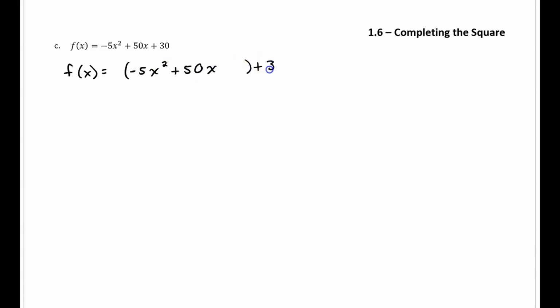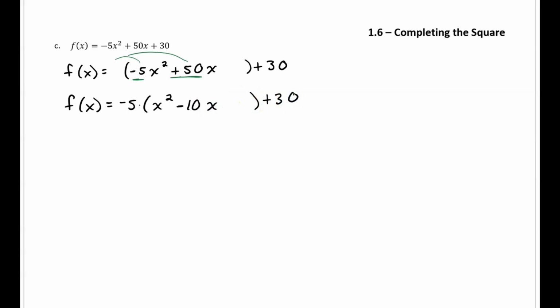50x plus 30. Keep that on the outside for now. Then we want a positive 1x squared here. So I need to factor out the negative 5, not just the 5, but the negative as well. So if I factor out a negative 5, I'm going to end up with that positive x squared that I need. But negative 5 taken out from this 50, right, the 50 divided by negative 5, will give me a negative 10x